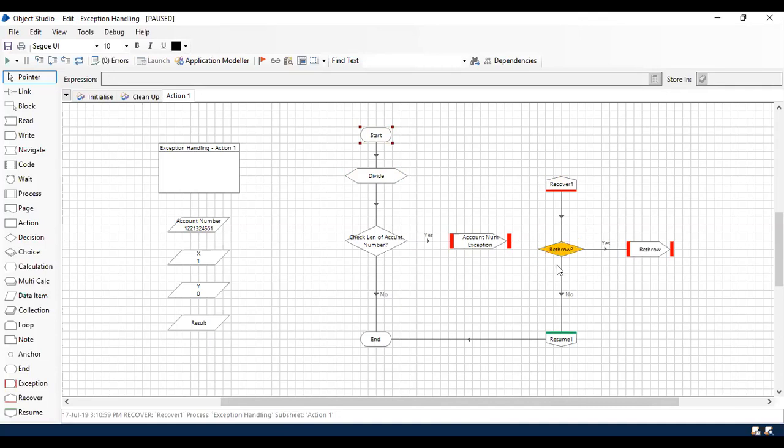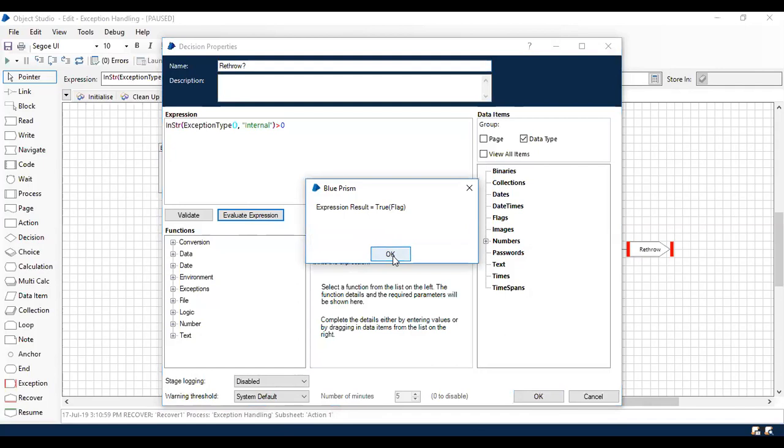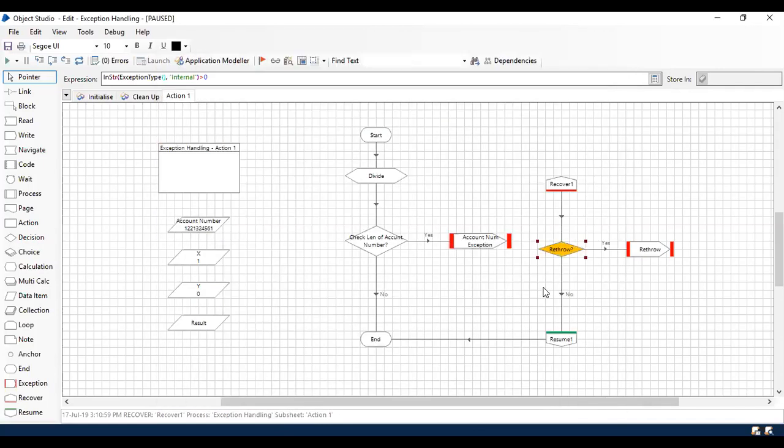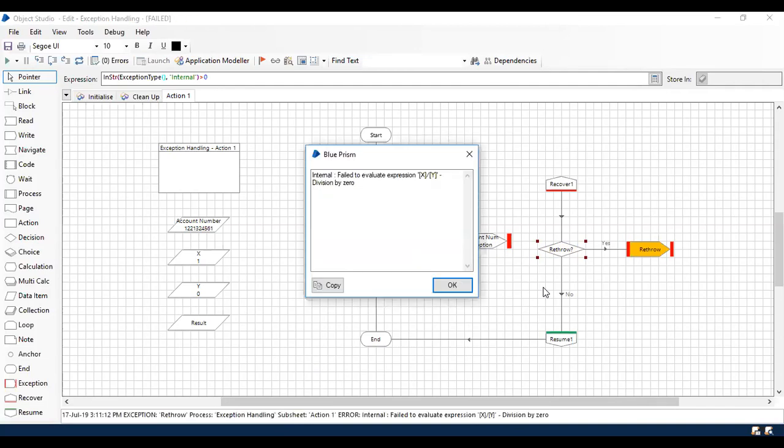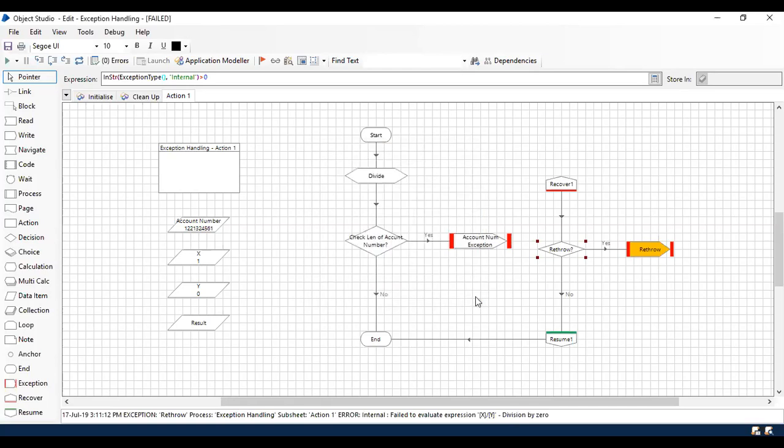Now here you are checking what the exception type is. If it is internal, it's going to throw it as it is, because we need the same exception that has been thrown by Blue Prism. It is saying internal: failed to evaluate expression X divided by Y. So that is preserved. It is going to throw exactly what Blue Prism considers an exception.